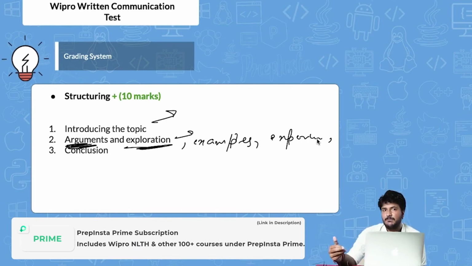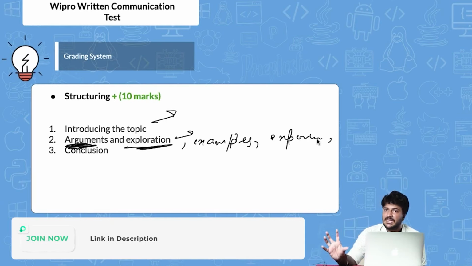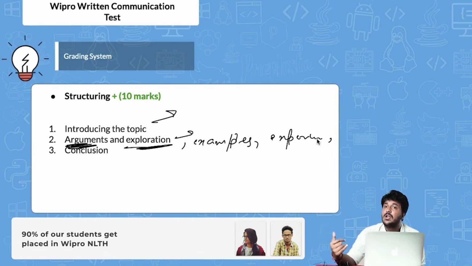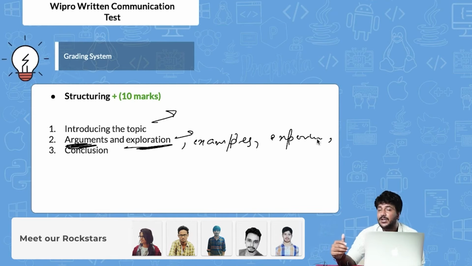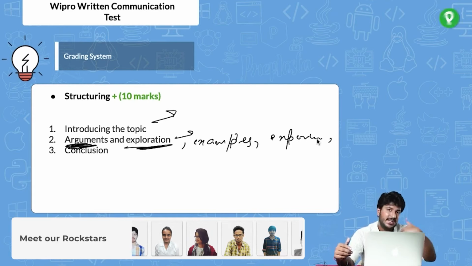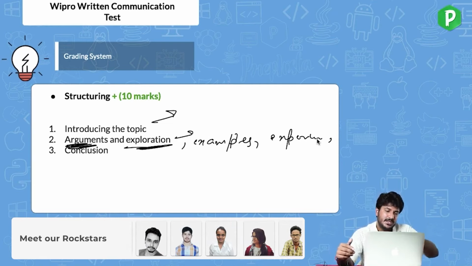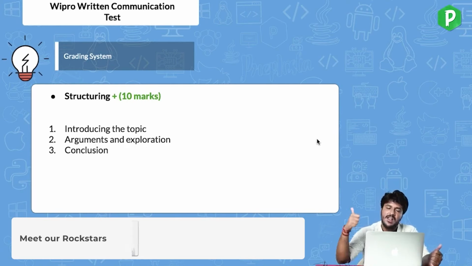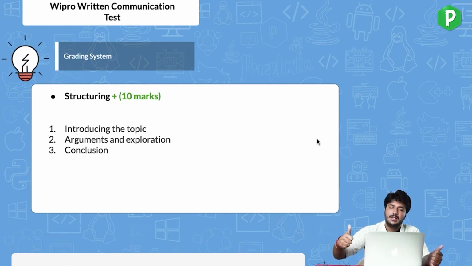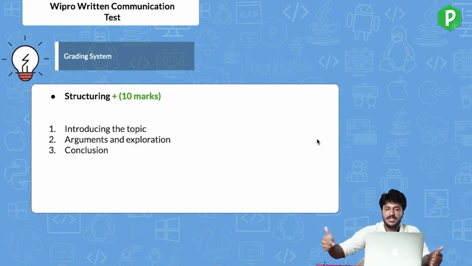topic is important. For example, the Wikipedia page says that these many people were killed, or the news reported by Times of India says, or the article written by the government of India, this department says that these are the statistics. So the AI system is able to understand that here you are giving factual information. So arguments, explanation, factual information, and examples is what should be there in the middle section of the paragraph.